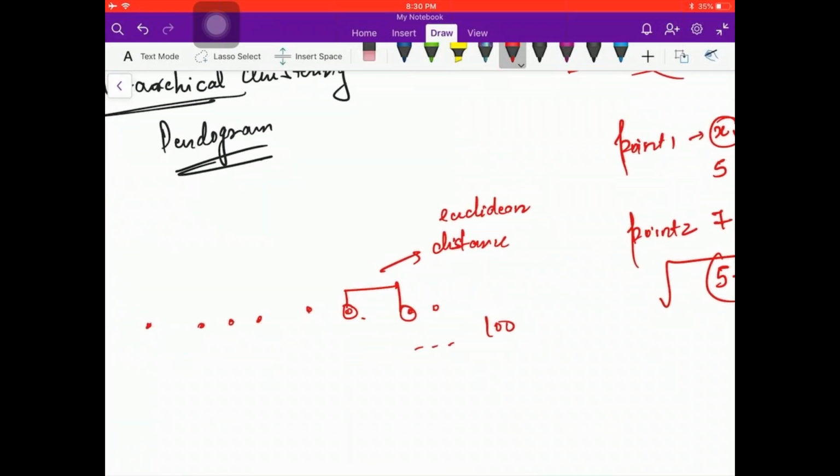Let's get back to where we were. So if these are very similar, they are grouped into one. Let's say these are very similar, they are grouped into one. These are very similar and they are grouped into one. And let's say these three are similar and they're grouped into one. Now this will be a point here. This did not get grouped. It's a point here. This is a point here. This is a point here. This is a point here.